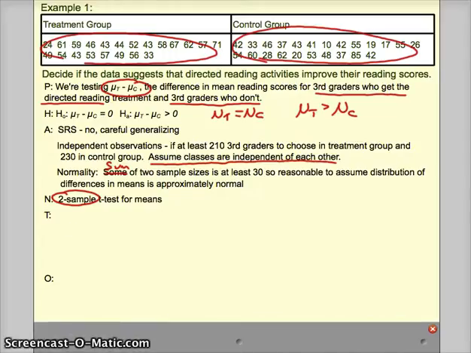Calculating the test statistic here. Well, it's a t-statistic. And recall from the formulas you saw in the other video that it's x bar 1 minus x bar 2. That's our estimate of the difference. And from your calculator, you should have seen that x bar for the treatment group was 51.48. X bar for the control group was 41.52. So we have 51.48 minus 41.52